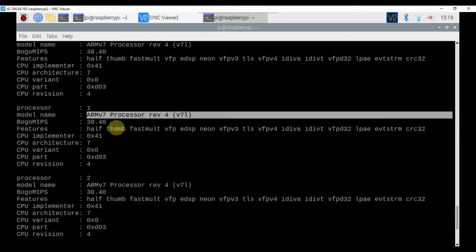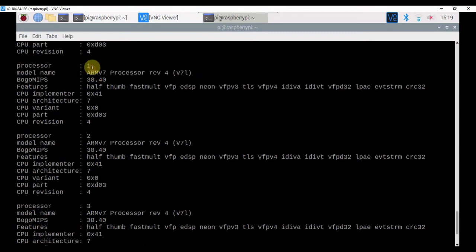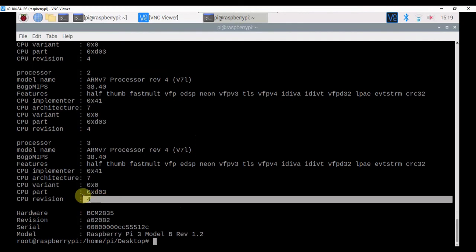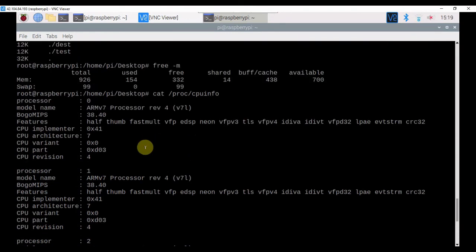It is having 4 cores, first core, second core, third core and fourth core. It gives all details of the 4 cores and model name and CPU architecture. Everything will be shown by issuing this command cat space slash proc slash cpu info.